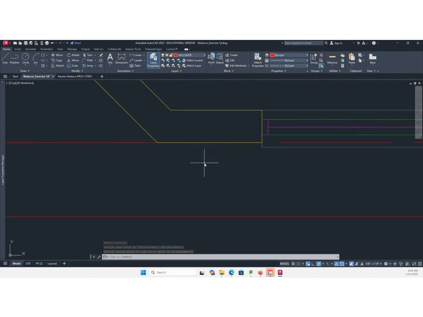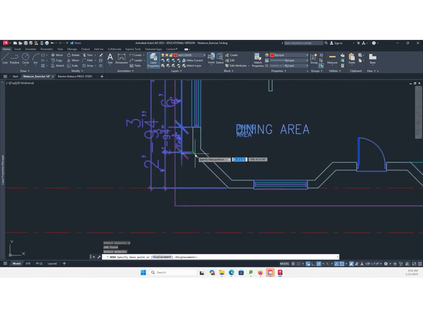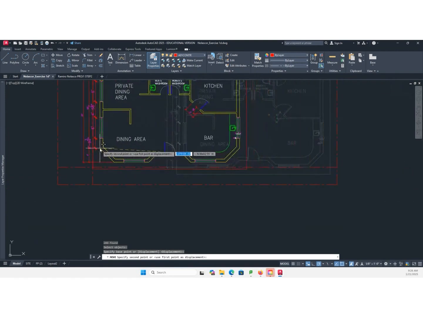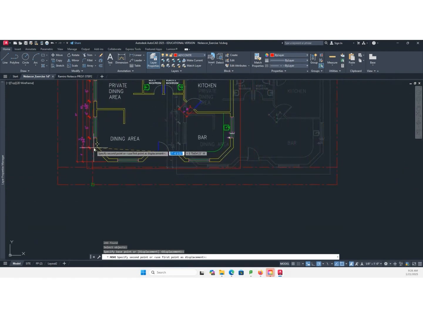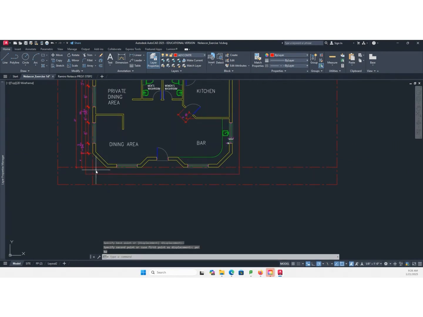Then I'm going to do my second move, M, move, previous, P, previous selection, and move from this point to perpendicular, P, E, R, enter, perpendicular to the 10 feet setback.